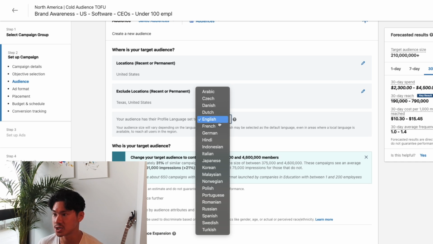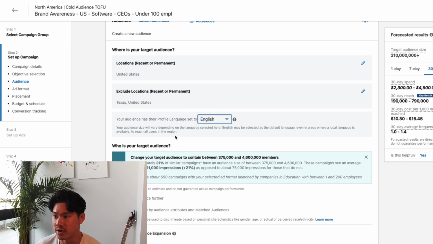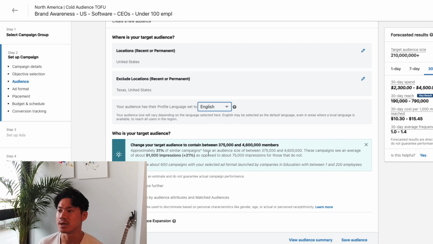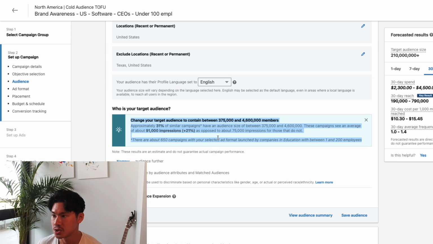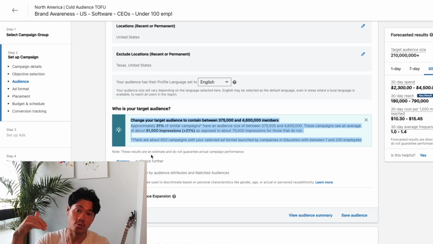Profile language is also something that you can set up. Obviously, English is what I'm going to be going after, but you can do whatever you want. Now, you'll notice that your target audience at the moment is fairly large. And obviously for me, I'm just picking anyone in the US that doesn't live in Texas, so it's big. Generally speaking, we're gonna wanna narrow this down a little bit more, and that's the power of LinkedIn ads because it gives you so much granular control over who it is that you're going after, whether it be based on company size or their role. So take advantage of those functionalities and features.